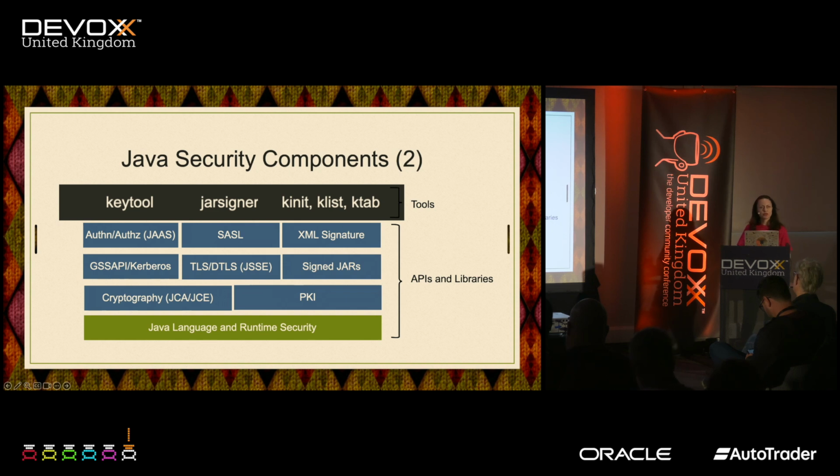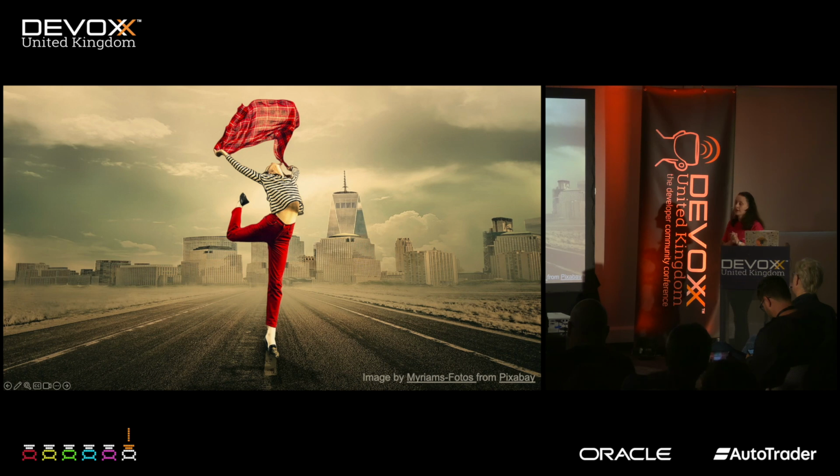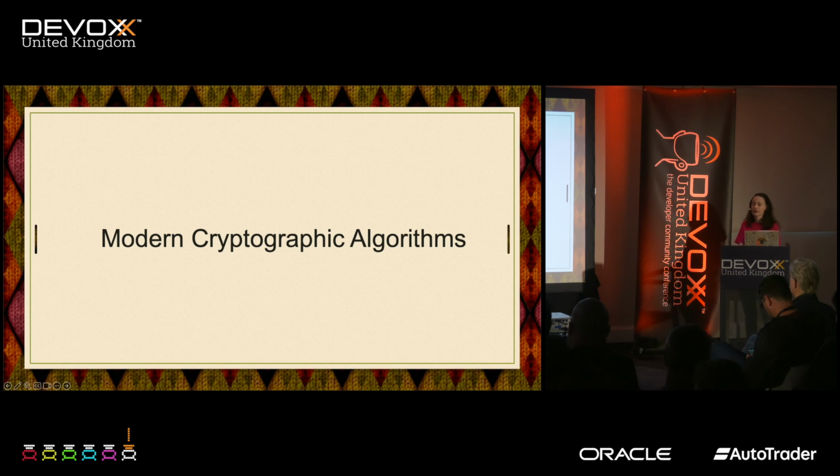In this presentation, we're going to touch on the significant changes that occurred in JDK security. We're not going to touch everything that changed. There's a lot that happened from 17 to 21, but just the most important ones. So, hoping that you now have all at hand to go further, let's start with talking about modern cryptographic algorithms and why we need them.